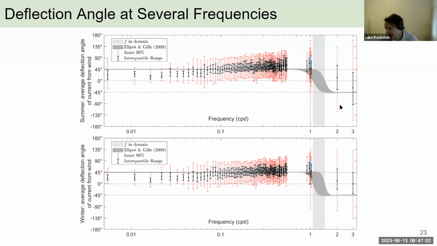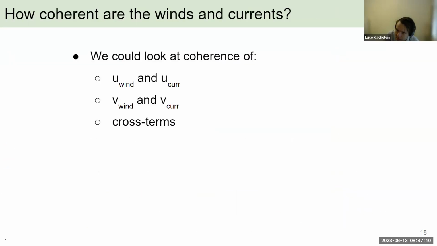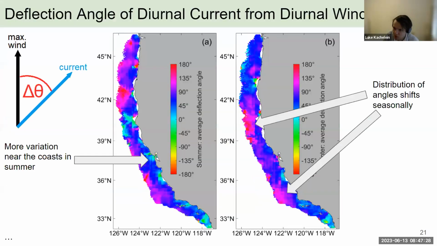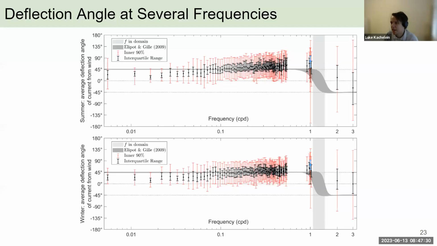And I think this is because of the tides. I think the tides are making this too incoherent. Or rather, okay, I'm remembering the analogous plot to this one, but for the S2, and it has a lot more spatial structure in the coherence and the angles. It's a lot messier, but it's not as incoherent as a pure tide that has no wind component as well, or where the wind is not strong at that frequency either. So I really think that this wide error bar that you see here is probably due to the tides